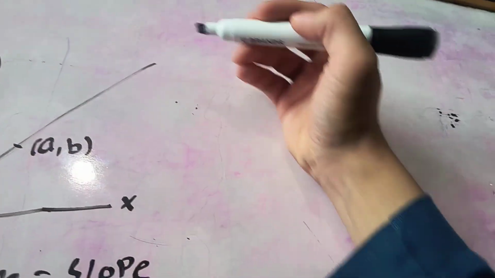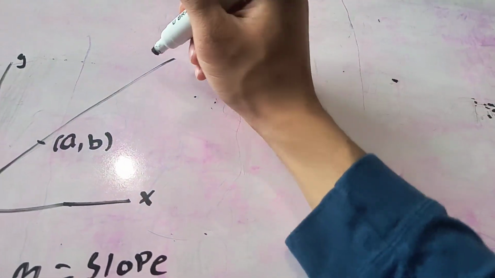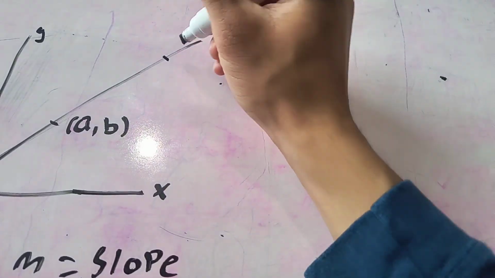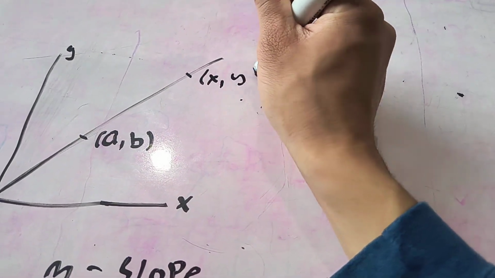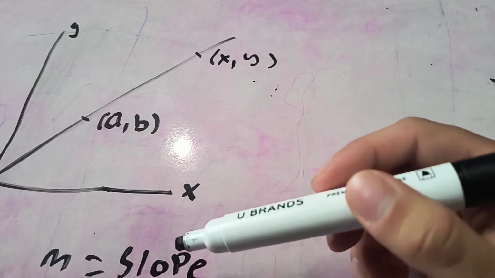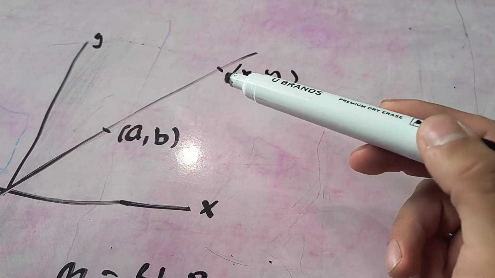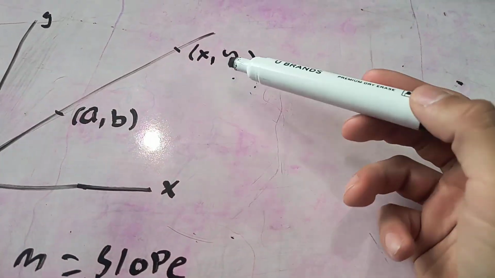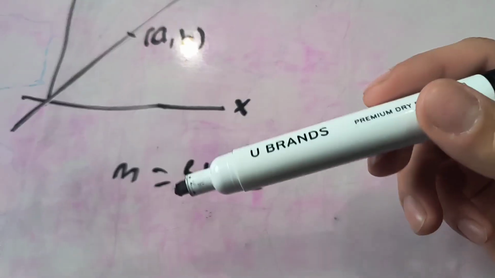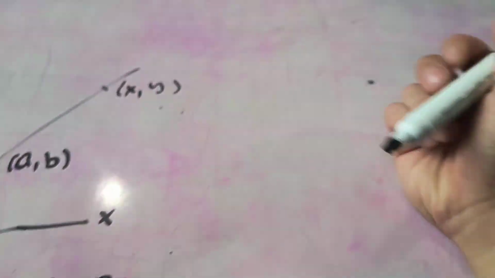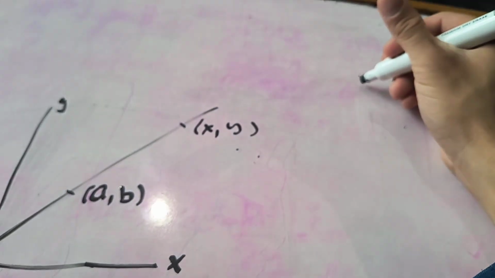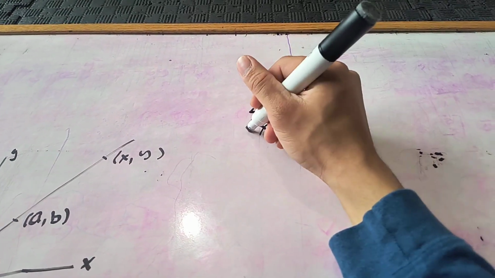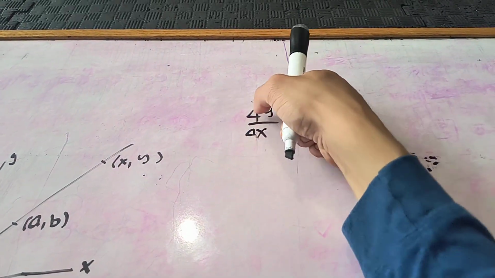Well, what we can do is we can say, if we were to take another point on this line, let's call that X and Y. We don't know that point, but it doesn't matter. If we take the difference between Y and B over the difference between X and A, we'll get the slope, because that'll be change in Y over change in X. So slope is delta Y over delta X,